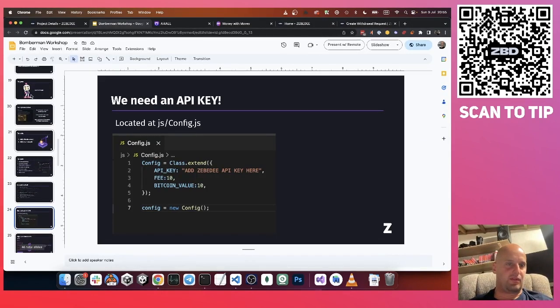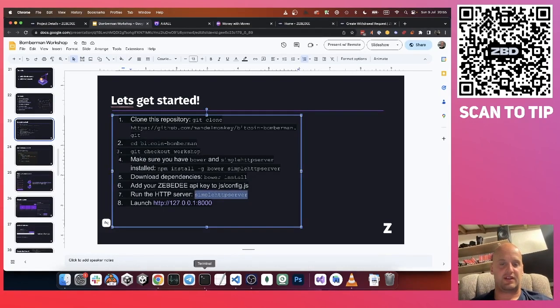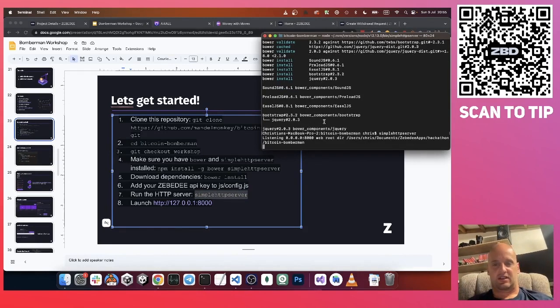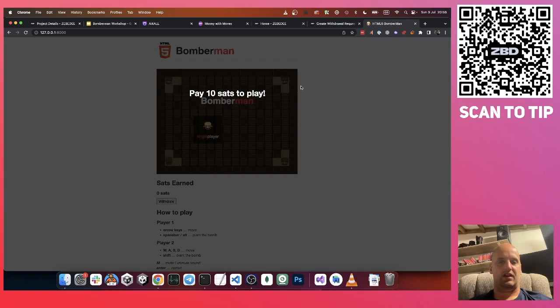Let's head back to here. Now we need to run the server. So simple HTTP server. And the game should actually start. And a little tab should open up. Okay, so we need to launch it here. And hopefully, there we go. We have a